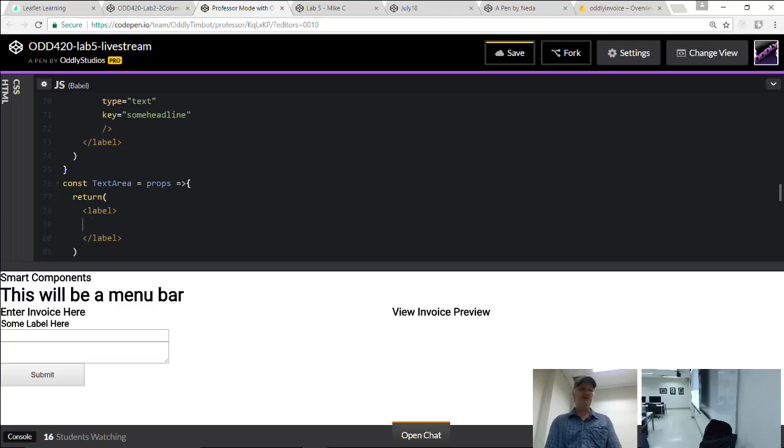So we've got our handy little form label, like a prompt for the user. Something like this. We'll make those dynamic. Okay, and then we'll put in our text area field.